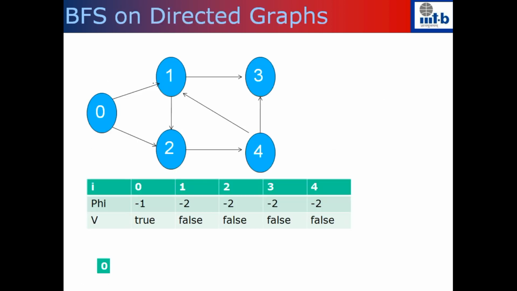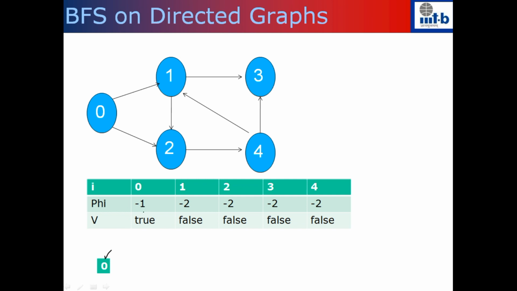So let's look at a quick example. Let's say that this is the given graph for us. Let's say that we are going to do the BFS traversal from the source vertex, which is 0. I add that 0 into the queue. So this is the queue that I have. Right now 0 is there. Since 0 has been added, the flag for 0 is set to true, and you see that the flag of everything else is false.